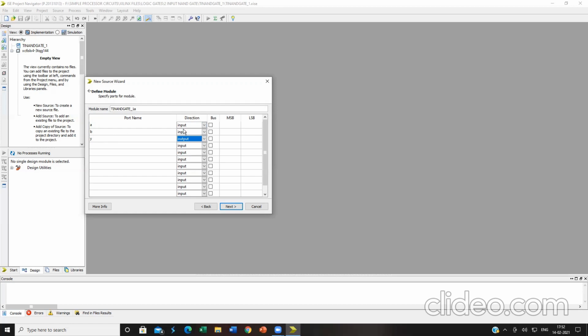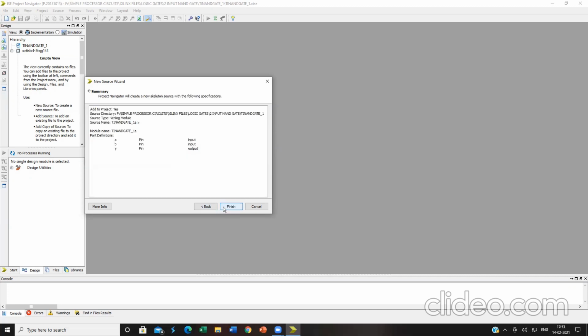For each of the port name you are mentioning, you will be having this drop down list. From that, you can select what option you are going to allocate it for the particular port over here. Here A is an input port, so I am selecting it as input. B is an input port, so here it has been selected as input. Y is output port over here, so kindly by default all the ports will be declared as input ports. You only have to select it according to your application. So I'm going to select it as Y. From this drop down list, select it as output port over here. Remaining things you need not touch it over here.